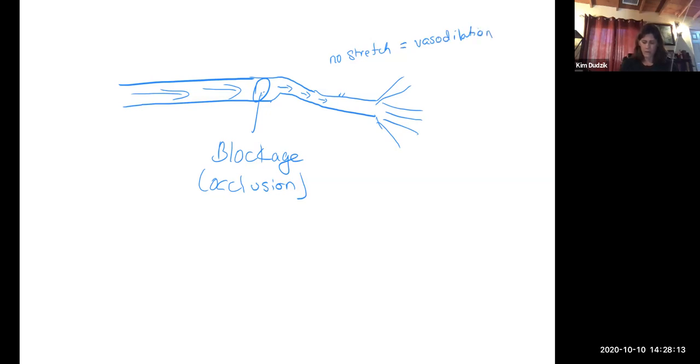So when this vasodilates, all of a sudden this blood vessel gets wider, right? And if that blood vessel can get wider, I should do it wider over here too. I didn't draw that very well. When that gets wider, that pushes that blockage through. Okay, and it can break up, and now you can get more blood flow going in. So that's reactive hyperemia.